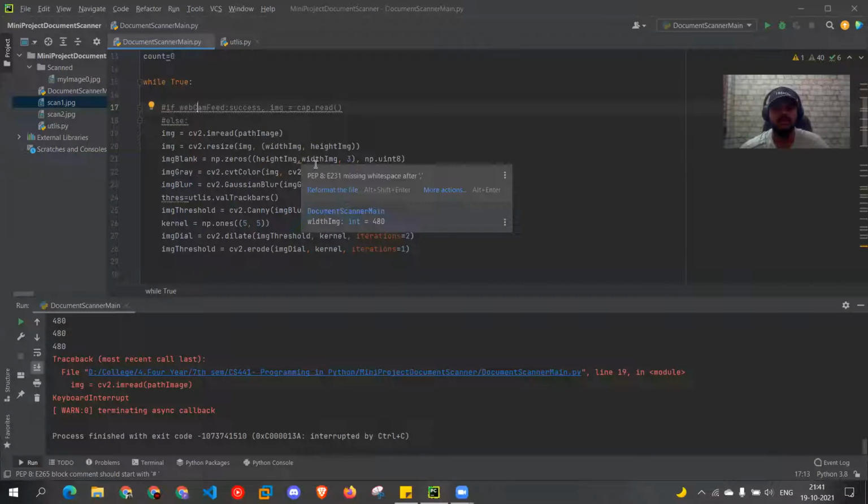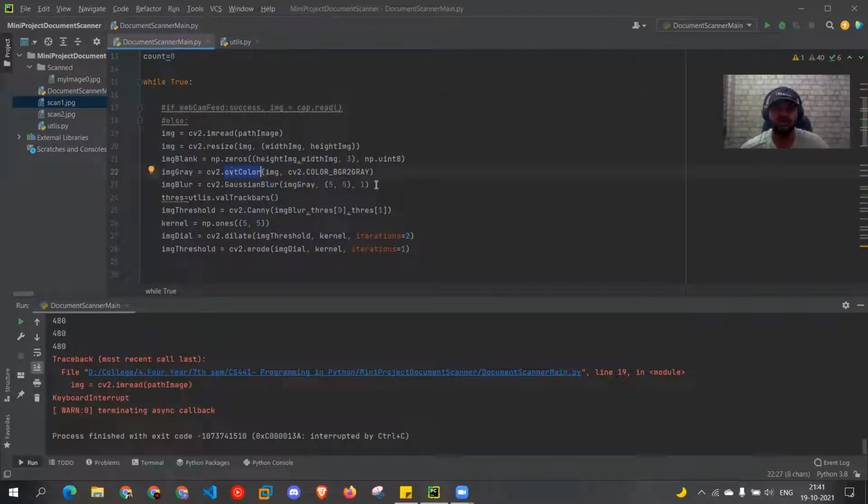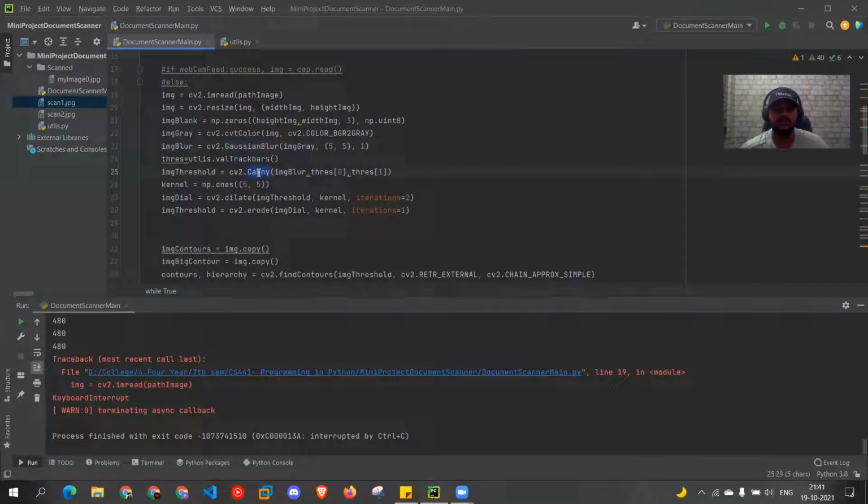We resize it, and we first convert the image to grayscale using the cvtColor function. Then we add a little bit of blur using the Gaussian blur function. After this, we are using a Canny edge detector to get the edges. And in this, we are using two threshold values, which we are getting from the trackbars.